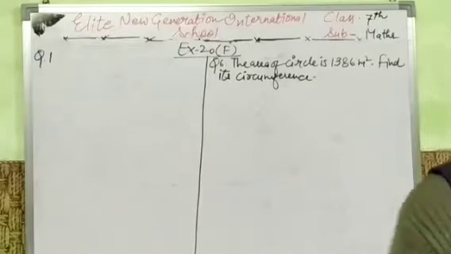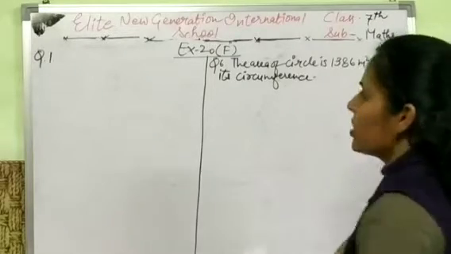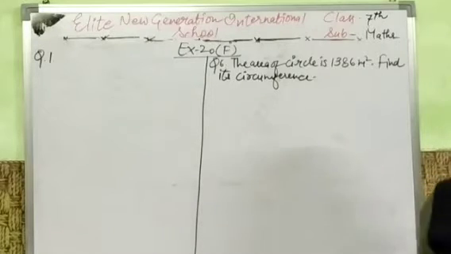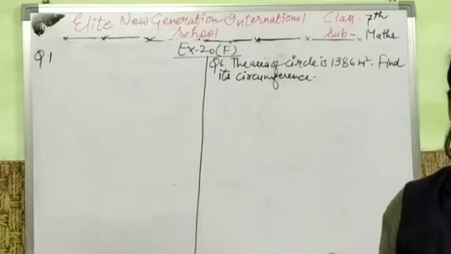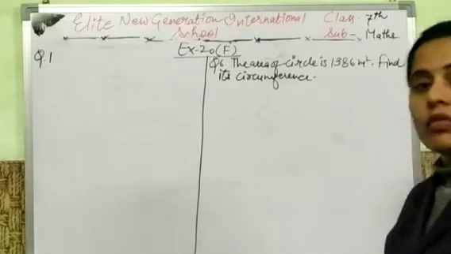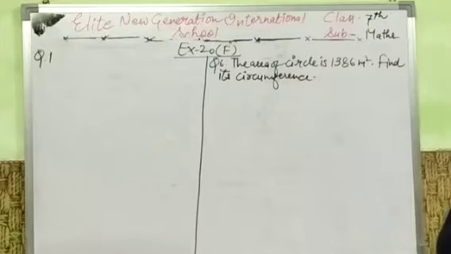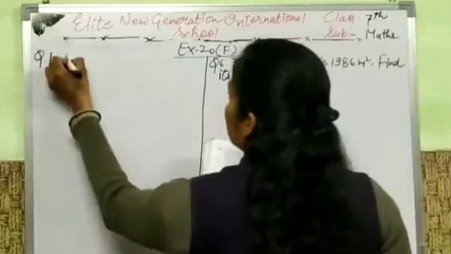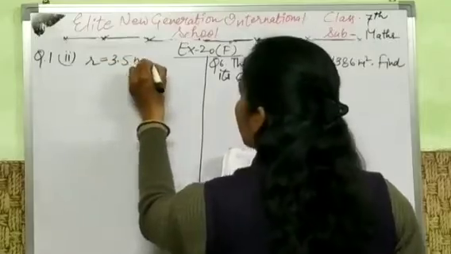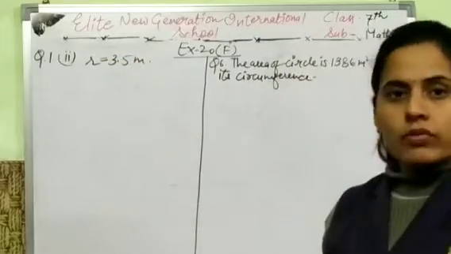Now let's solve some questions from 20th F. In that question we have to just use the formula of area of circle, which is equal to pi r square. Okay, so let's solve question number 1, part second. Here we have to find the area of a circle. In that case radius is given. So question first, part second, radius is given 3.5 meter. We have to find now the area of circle, not circumference of a circle.